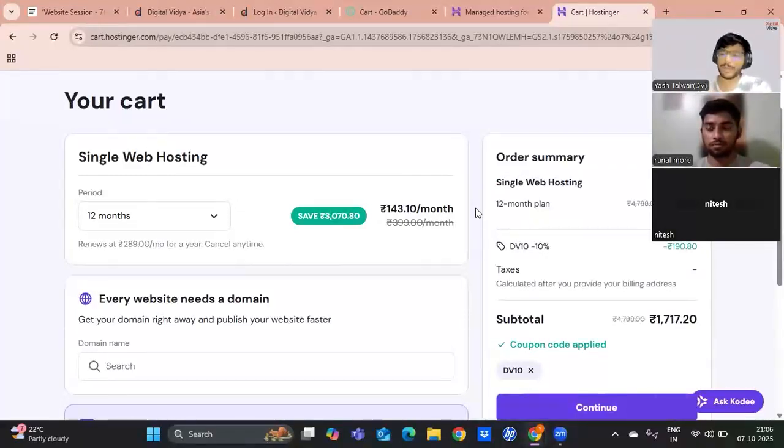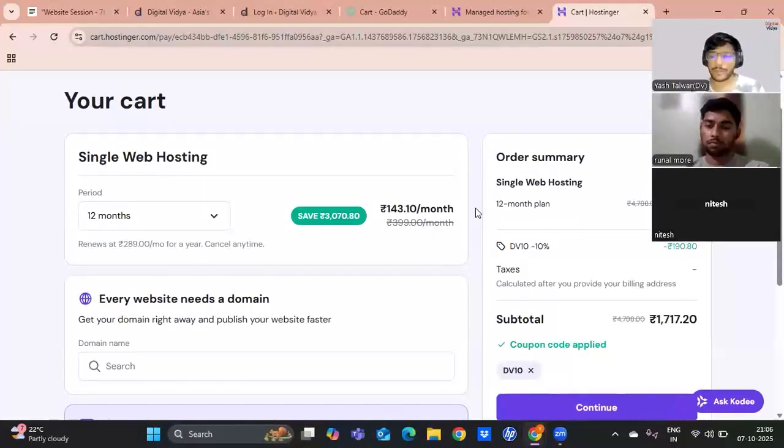So if you go for the premium plan, you'll get both of those things. You'll not have to find a separate domain. You'll not have to make all of that separately. It can be done in a single thing, right? But if you can find a cheaper domain, you can go ahead with a single web hosting plan also. I have nothing against that, right? You can go for a single web hosting plan and purchase a domain separately if you find a cheaper domain for yourself.